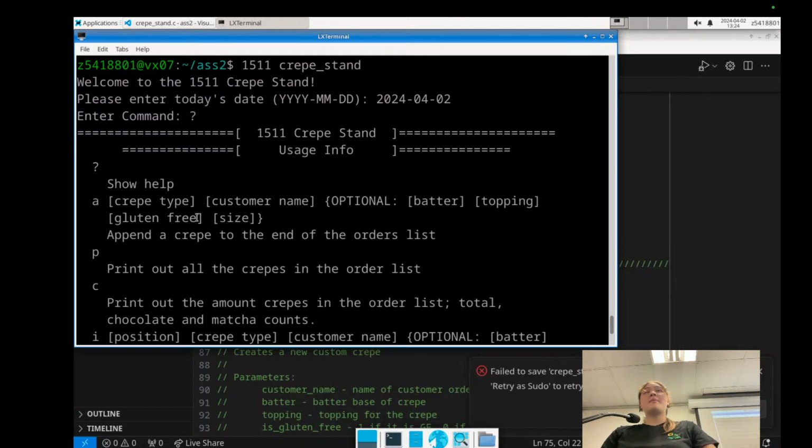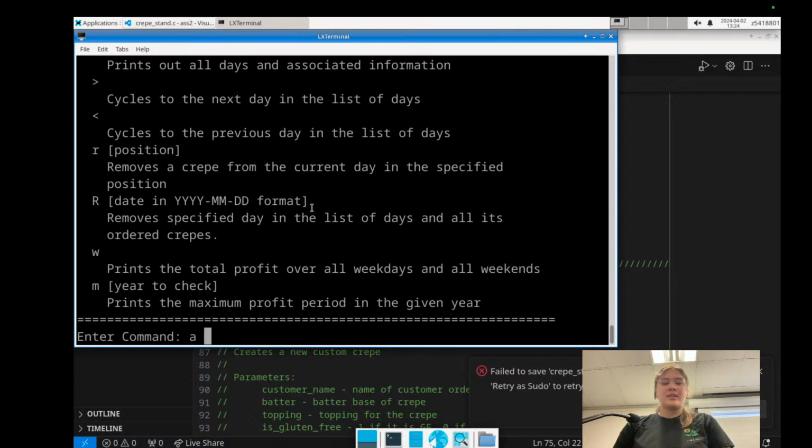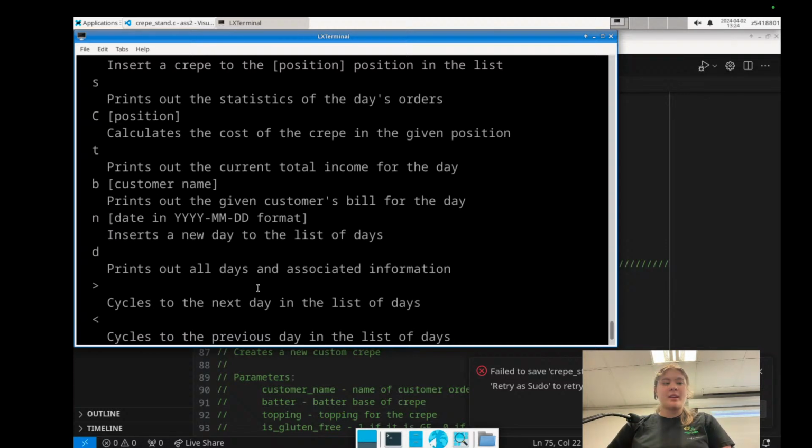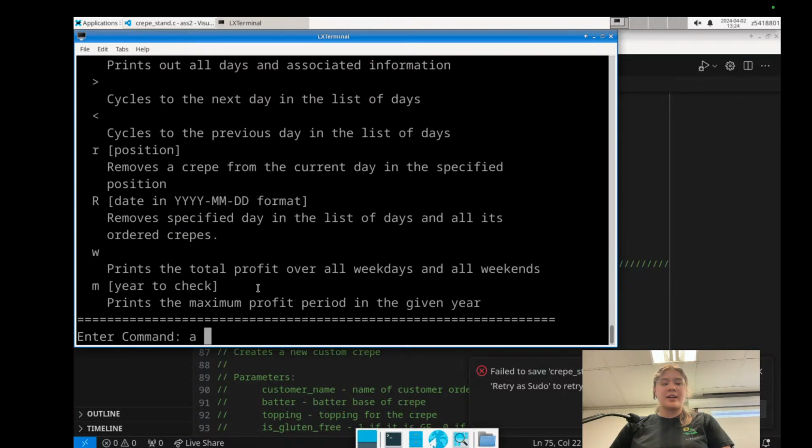So this appends a crepe to the end of the orders list. So we want to add a crepe to our struct day's list of orders. So let's try that, and we can see what fields we need there. We'll go over the sub-stages as well, but if I wanted to append a crepe, I would say the crepe type. So let's say I want to create a custom crepe, and don't worry too much about this, we'll cover it a little bit later as well. So if I want to create a custom crepe for me, Olivia,